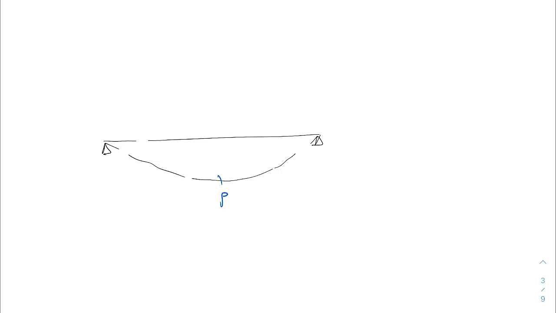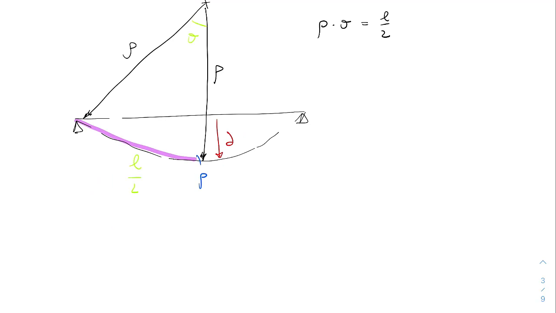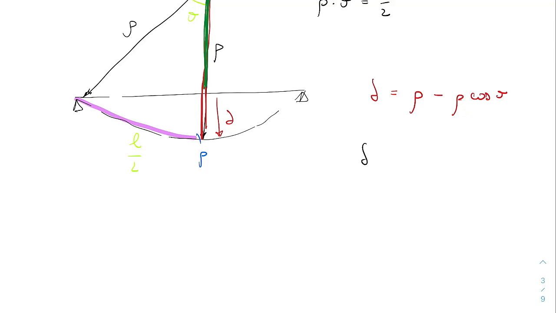If we make the hypothesis that this part will deform as an arc of a circumference, we can say that the two radius of curvature in this point and this one are equal, and we can call them ρ. We have also that this angle is theta and this length is L over 2. We know that the relation between theta and L over 2 is theta times ρ is equal to L over 2. And so if we want to compute this displacement delta, we can write that delta is equal to ρ, that is this, minus ρ cosine theta, that is this one. And so what we can write is delta equal to ρ times 1 minus cosine of L over 2ρ, that is